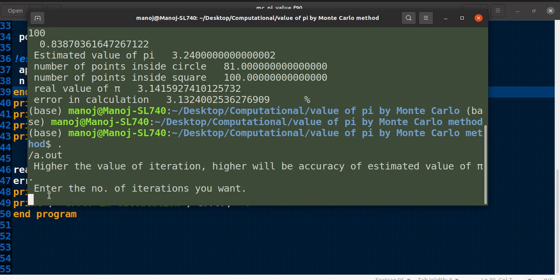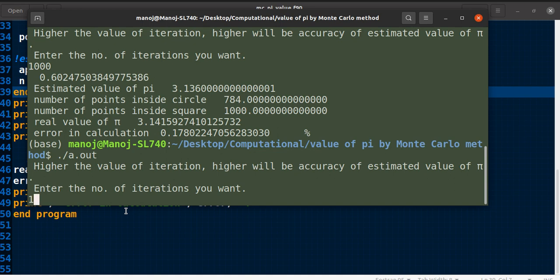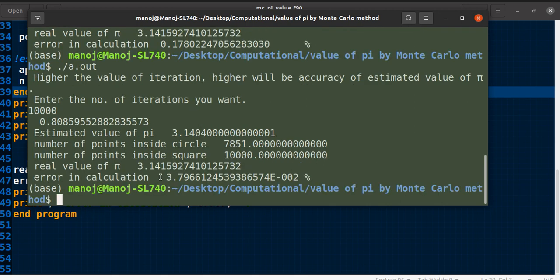Here I have used 100. Now let's check for 1000. See, for 1000 the value is almost equal. For double precision there are long values, and this is the points inside the circle, points inside the square, and this is the percentage error. See, now it is 0.718. Now again check with a higher value. Now let it be 10,000. See, the error is nearly